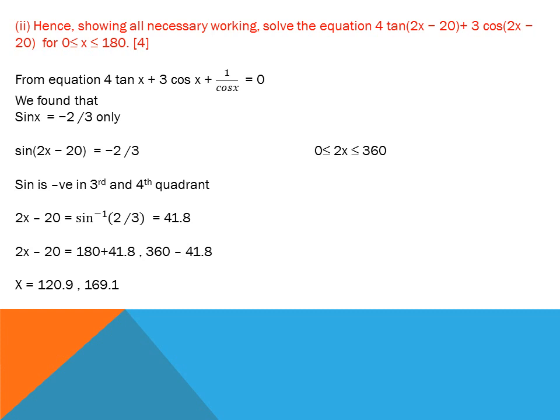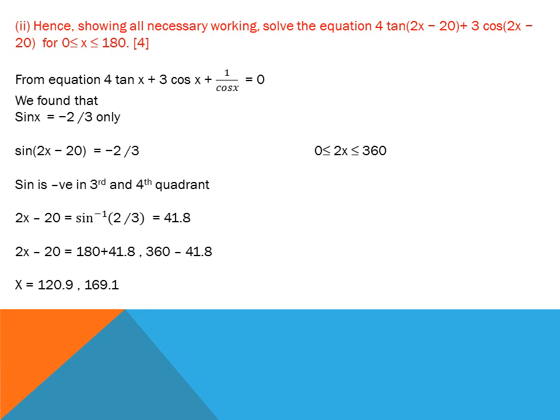If you want to learn the signs of the three trigonometric ratios sine, cos and tan, you should learn the sentence "Add sugar to coffee." Add means all positive in the first quadrant, sugar means sine positive in the second quadrant, to means tan positive in the third quadrant, coffee means cos positive in the fourth quadrant.